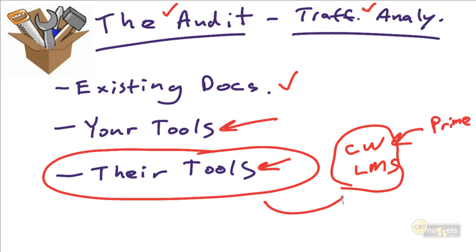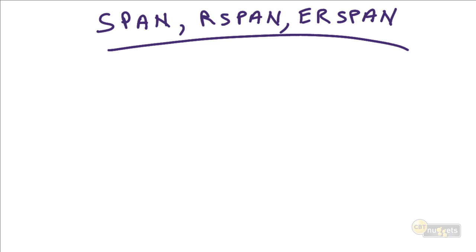They may already have this, and we can already obtain a great amount of information from that product. If they are lacking tools that will give us the information we need about their network, then that's when we can go ahead and introduce some of our own tools into the equation. Now, a great tool that's built into Cisco Catalyst switches that we often see used for the network audit and